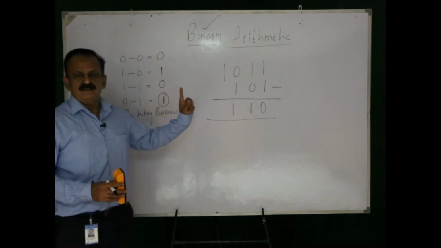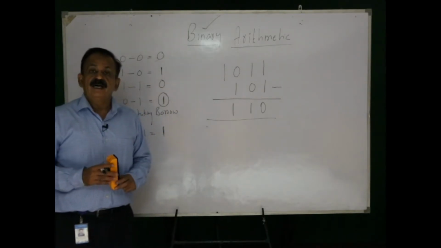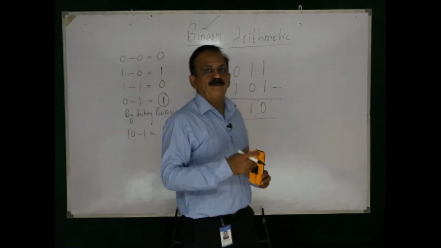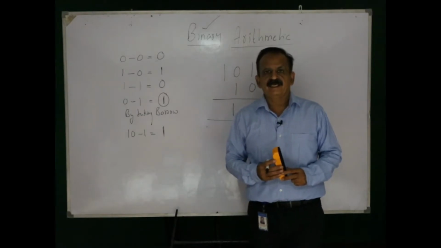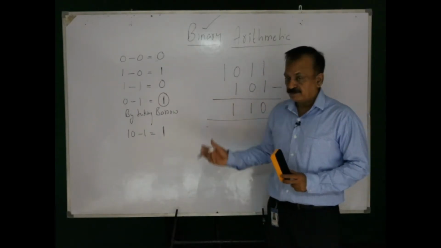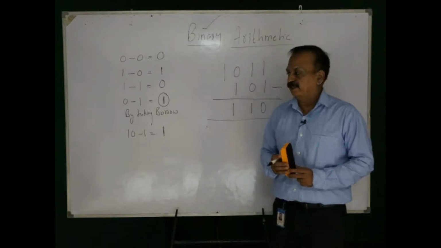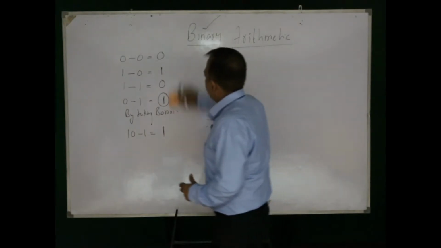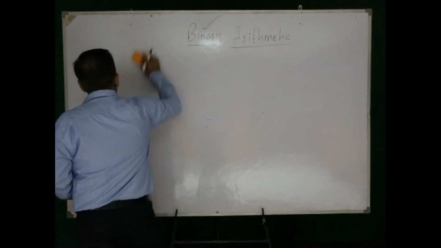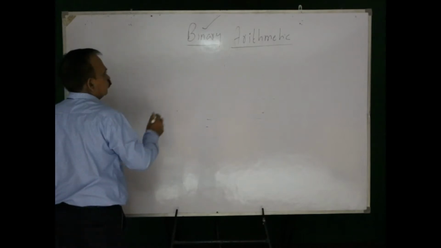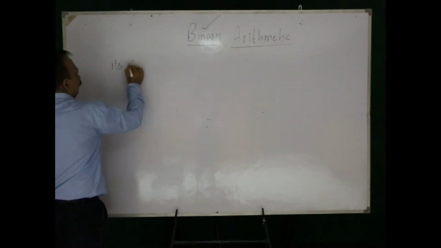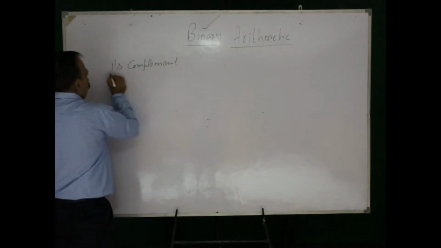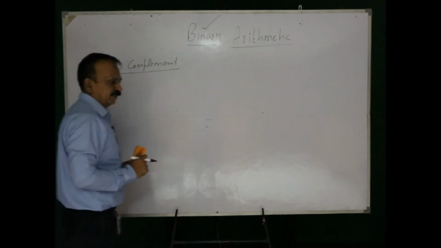Now this is the direct method of subtracting the binary numbers. However, we can use the radix method also, or the complement method also, for subtraction of the binary numbers. So I will use a term, and that term is complement of the binary number. I say ones complement. These two terms are very important. Ones complement of the binary number. This is the concept. Now what is ones complement of the binary number?